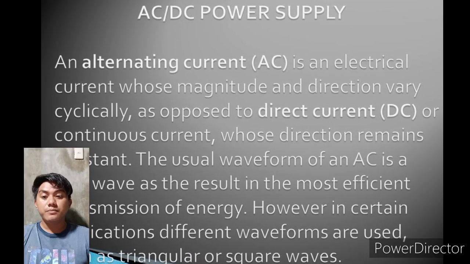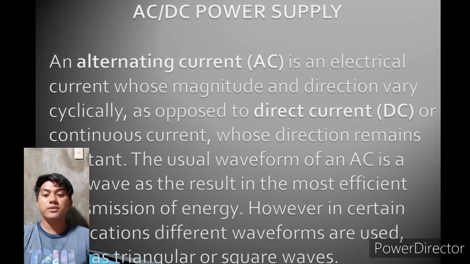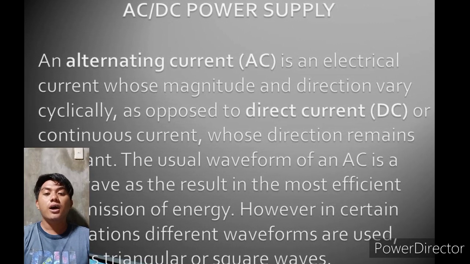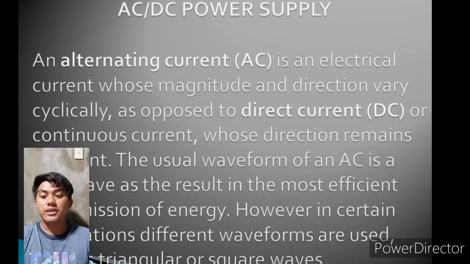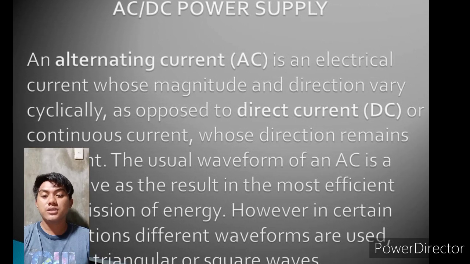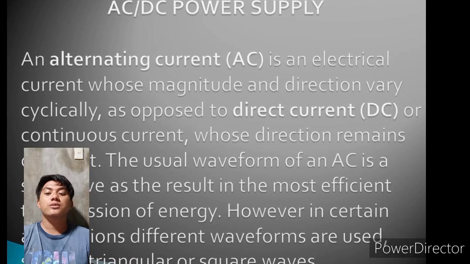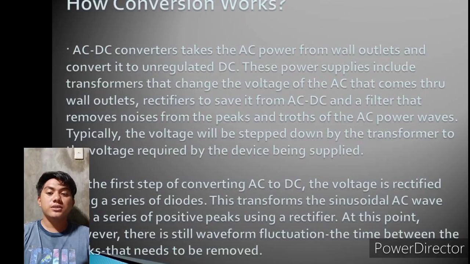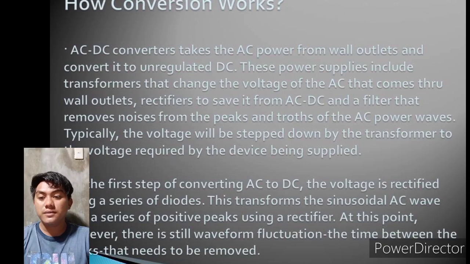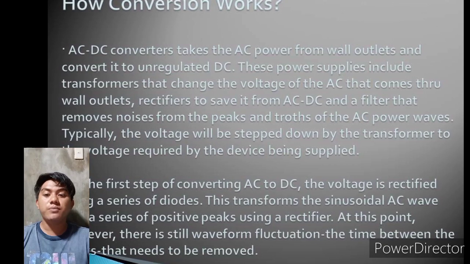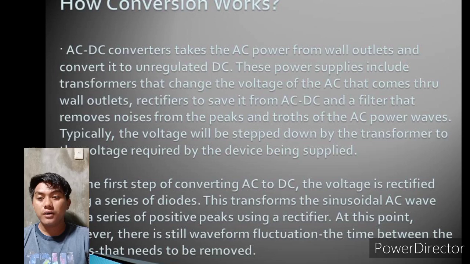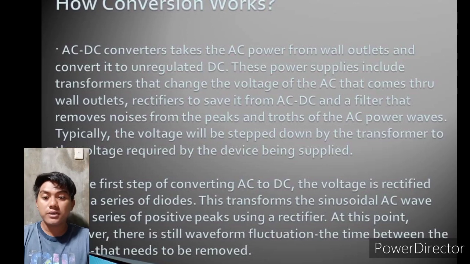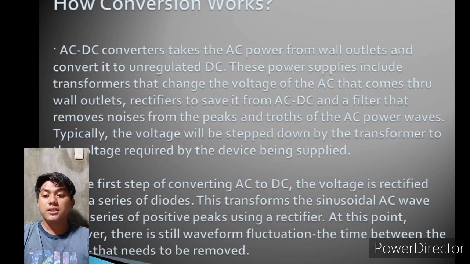Usually we form AC as a sine wave, which results in the most efficient transmission of energy. However, in certain applications different waveforms are used, such as triangular or square waves. How conversion works: an AC-DC converter takes AC power from wall outlets and converts it into unregulated DC. The power supplies include